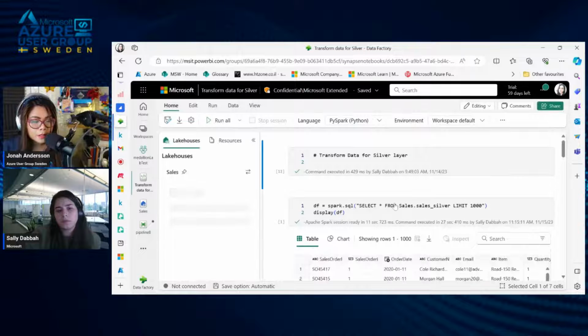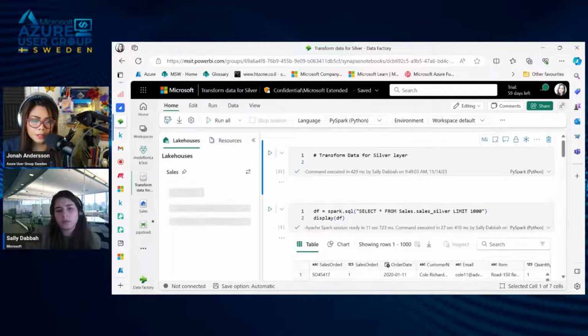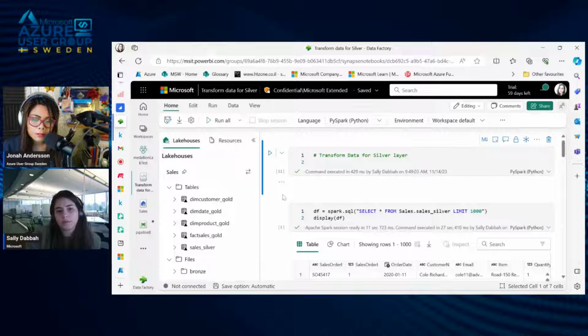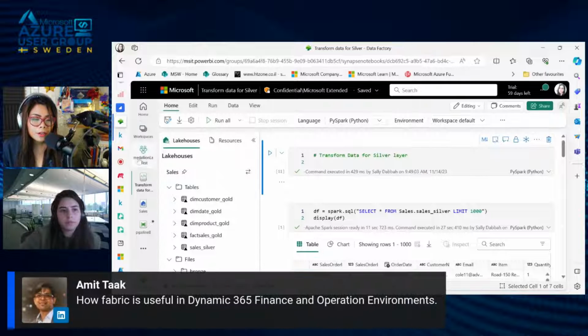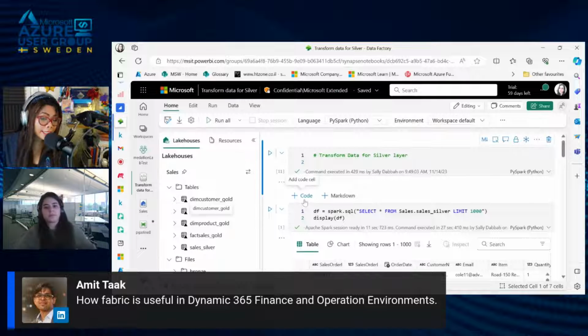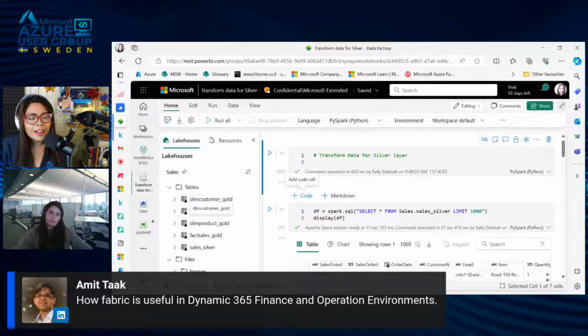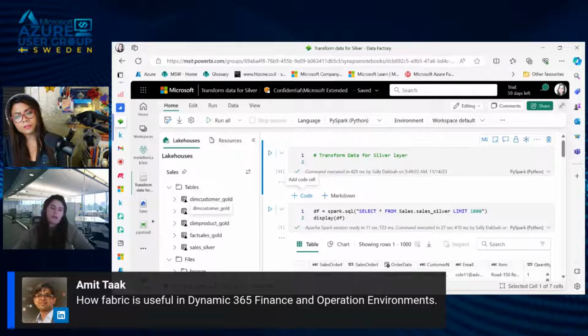While it's loading, we got another question from the LinkedIn channel from Amit Tak. How is Fabric useful in Dynamics 365 finance and operations environments? You can copy from Dynamics 365 and migrate your data to your lakehouse and do transformations.